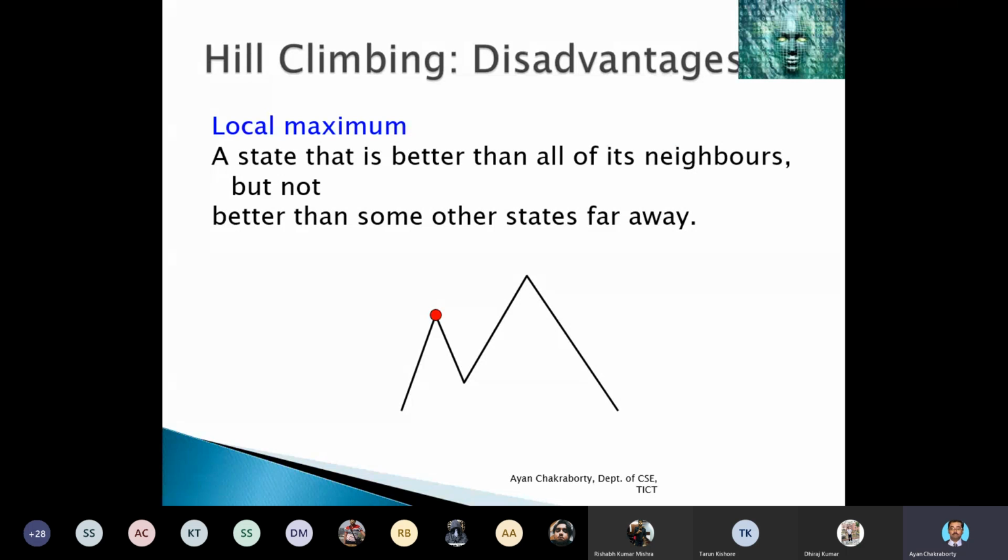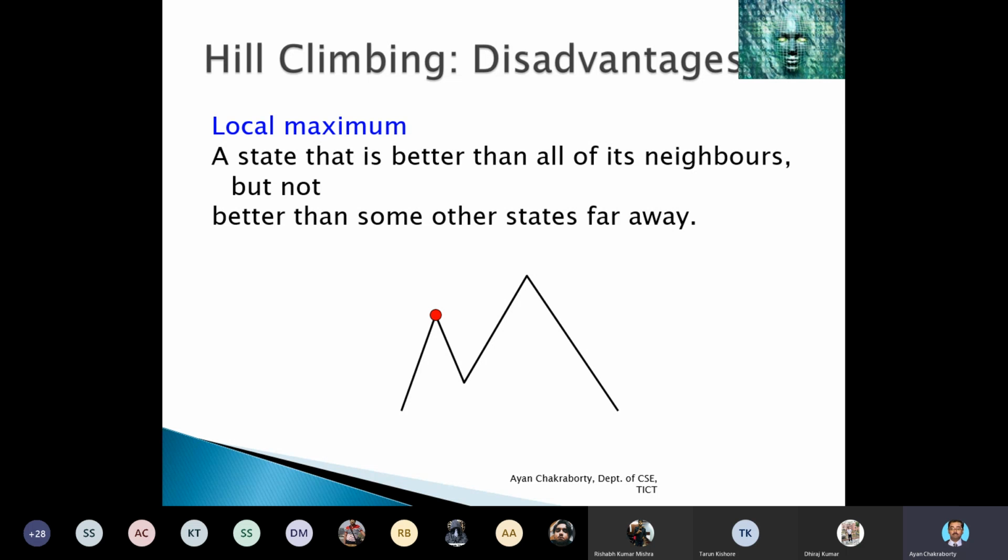Another disadvantage, which we discussed in our previous classes, is local maxima. According to the heuristic or the constraint of a particular hill climbing algorithm, sometimes it can seem like we are at the target, but it may not be, because the total area is not visible to you.